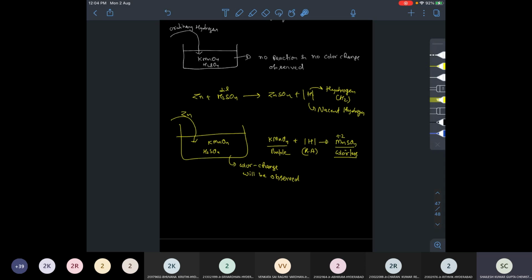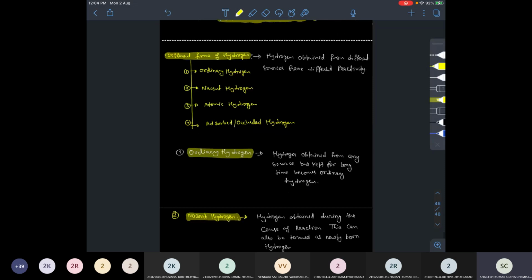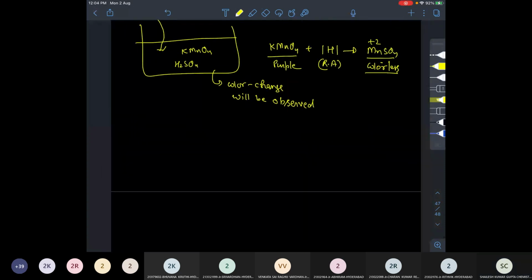Understood now? Fine. So let's talk about the next hydrogen. What was that? Did I tell at the beginning? About atomic hydrogen. As the name suggests that